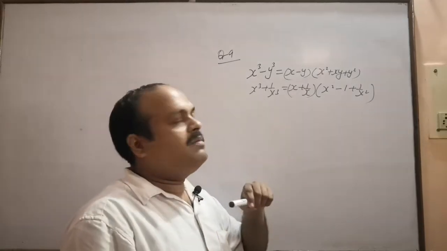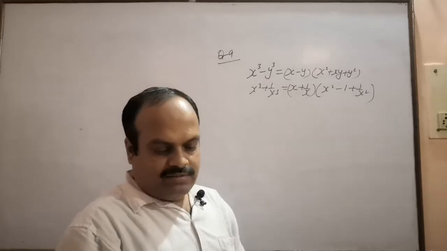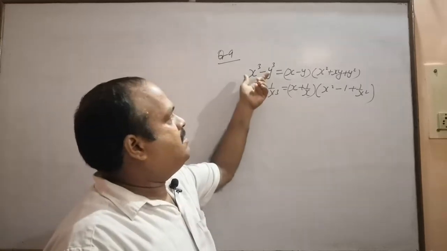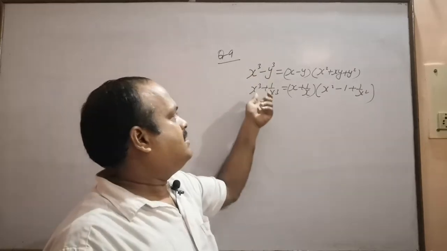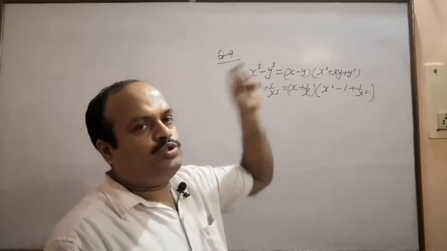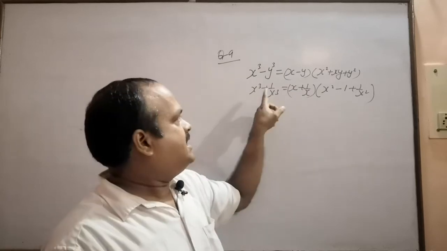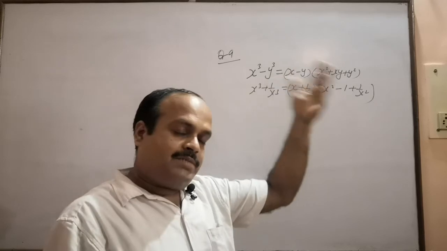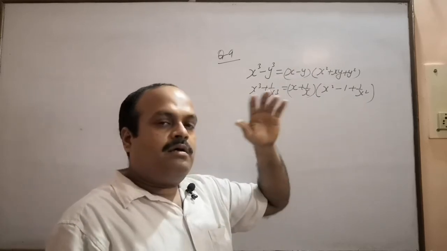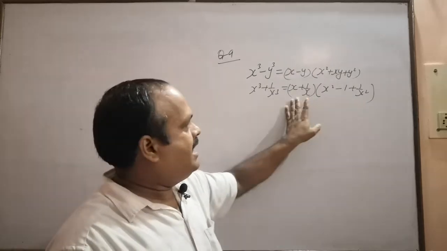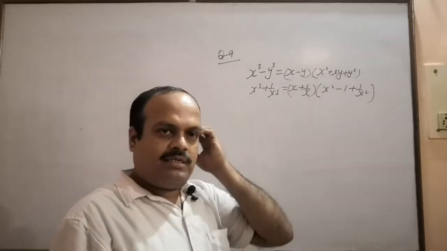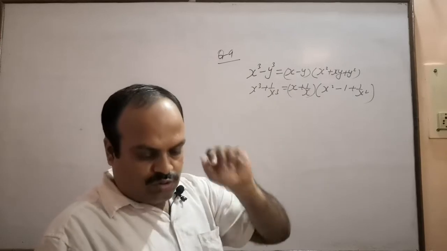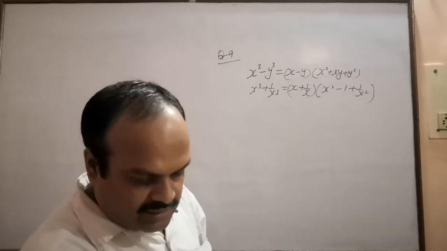This formula you have studied in the chapter factorization. I mean, if you have the sum or difference of cubes, this is sum of cubes, this is difference of cubes, then that expression has two factors, like this or like this. So if you remember this formula, you would be able to do question number 9, first part, easily.